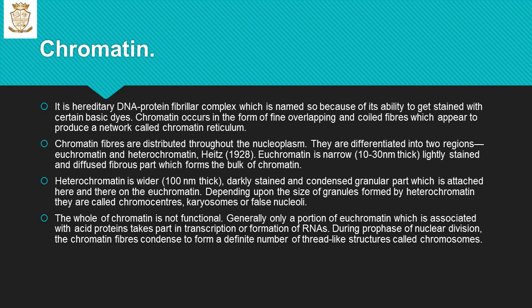They are differentiated into two regions, euchromatin and heterochromatin. Euchromatin is a narrow, light stained region, whereas heterochromatin is a dark stained, condensed granular region. Whole chromatin is not functional. Generally, only a portion of chromatin which is associated with acid protein takes part in transcription, or the formation of RNA. During the prophase of nuclear division,